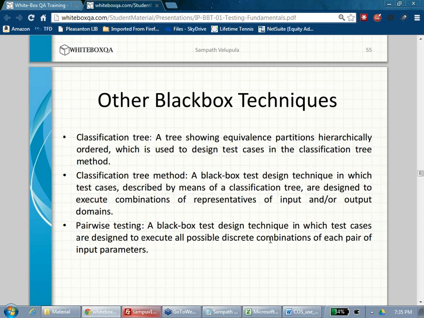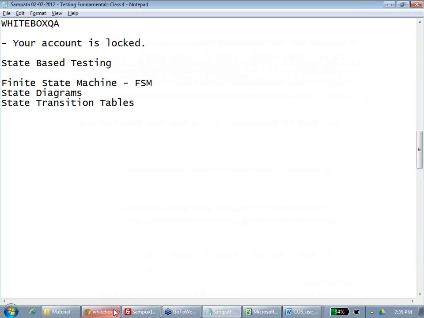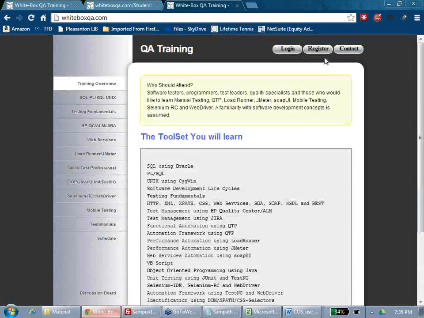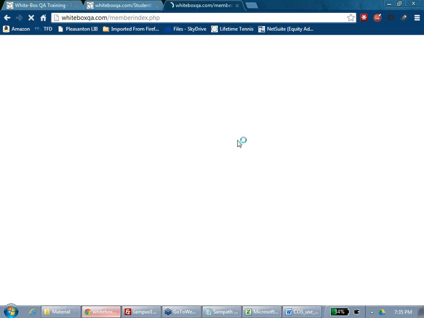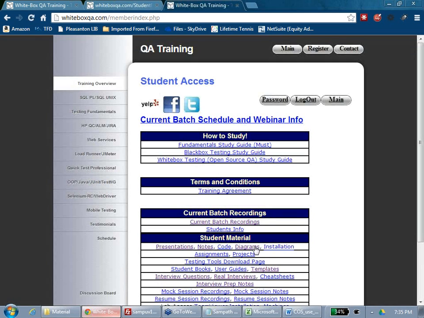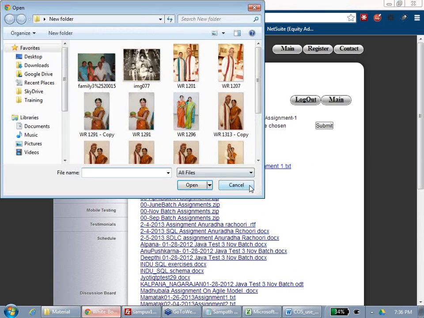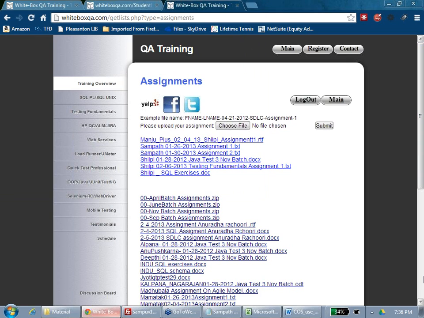You can do it online, you can do it in class. It's up to you, but most of it is online. So how will you upload your test when you do it online? Same assignments page. You'll go to the assignments page, write your exam, choose your file and upload.